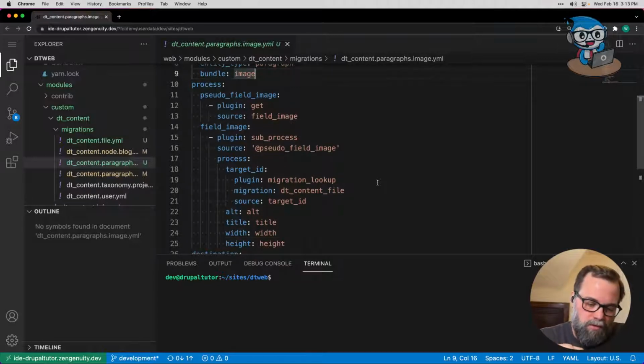I need, for an image field, there are several different sub values in it. So there's the target ID, which is the actual file ID of the file entity. And then there's the alt text, the title, the width, and the height of the image that apply to just